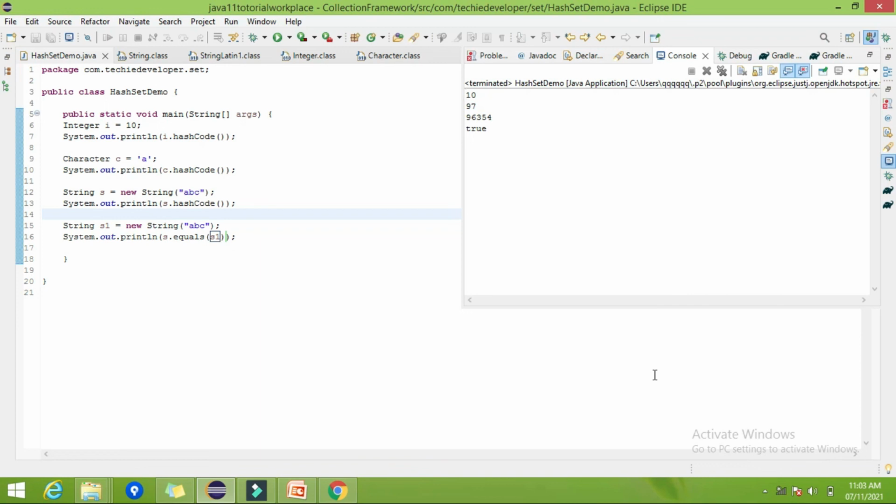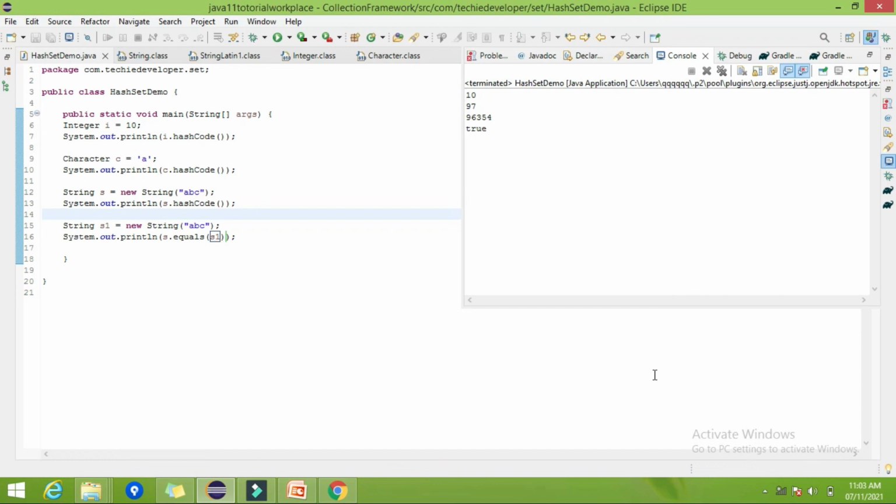Similarly, when we create our custom object, like I have created a Student which has parameters: student s1 has the name Swapnil and marks 25. Another student has the name Swapnil and marks 20.